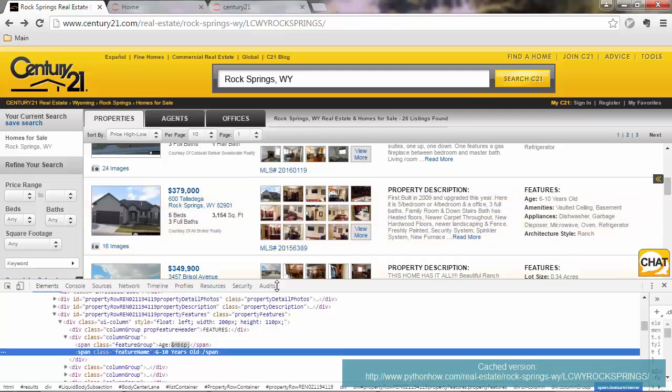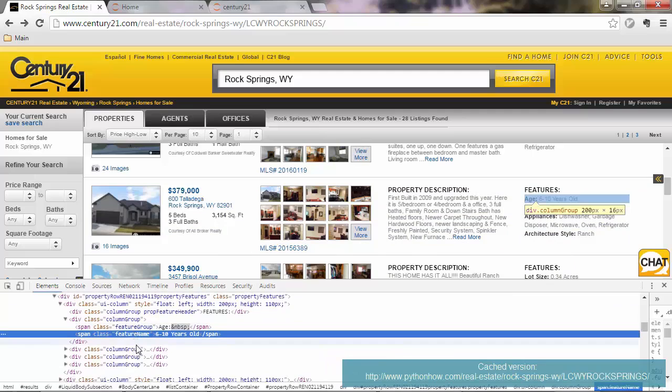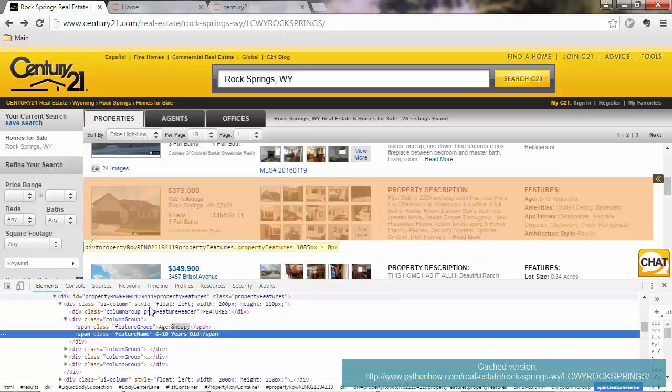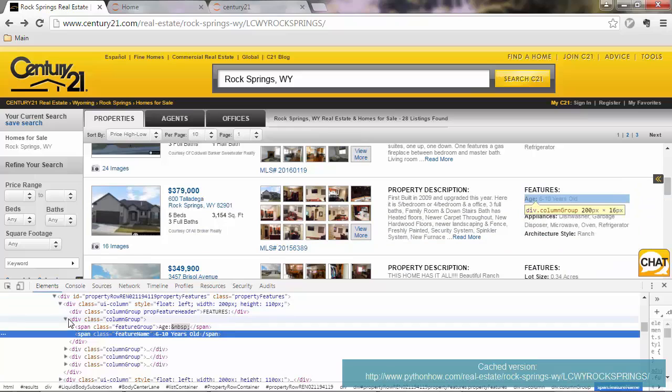So this is one of those cases where you need to think about alternative solutions. If you point to the column group method, so you say find all divisions with class column group, and inside that find the feature name with index 0, you'd get the first lines. You know that. Now let's find a solution then. Well,